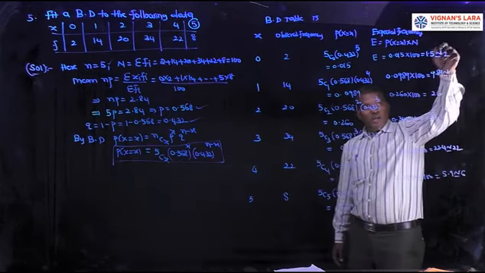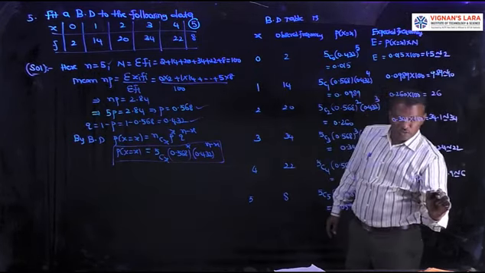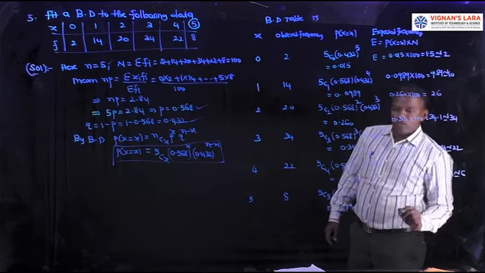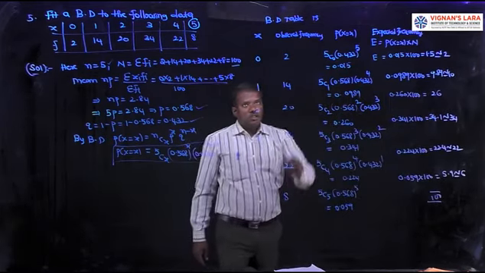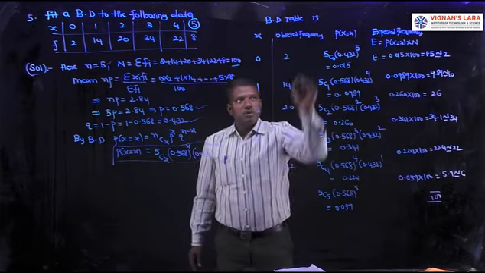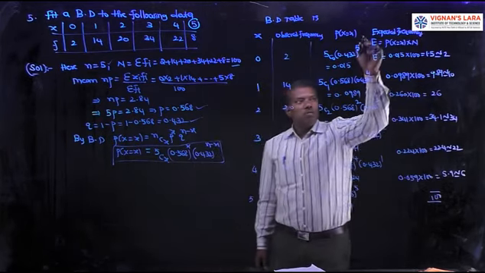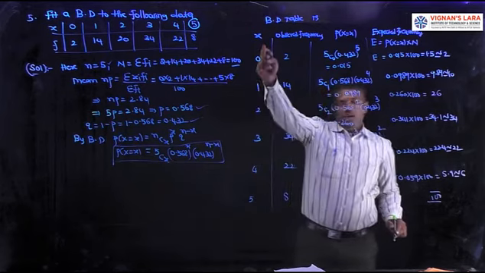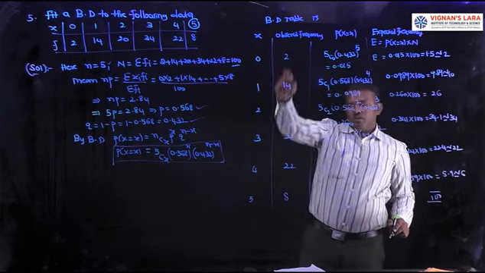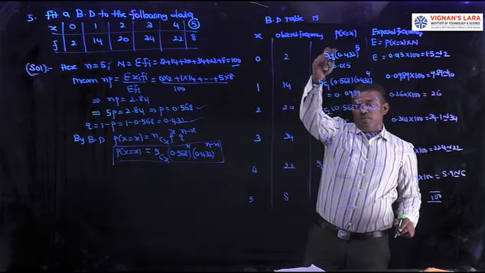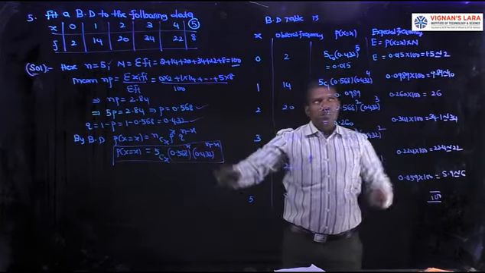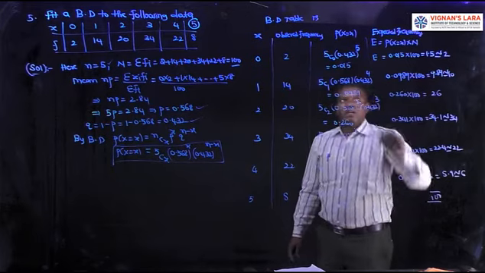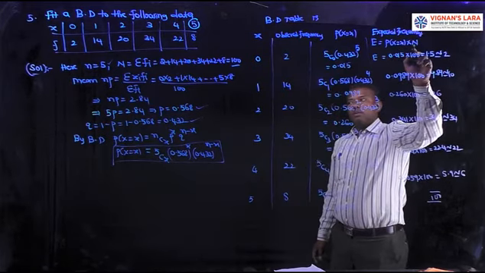And adding all expected frequencies, we get 100. That is equal to the observed total frequency 100 also. This is the construction of the binomial distribution. In this binomial distribution table, 4 columns are there: number of successes, observed frequencies, corresponding probabilities by nCx p power x q power n minus x, then expected frequency, which is equal to probability into total frequency.